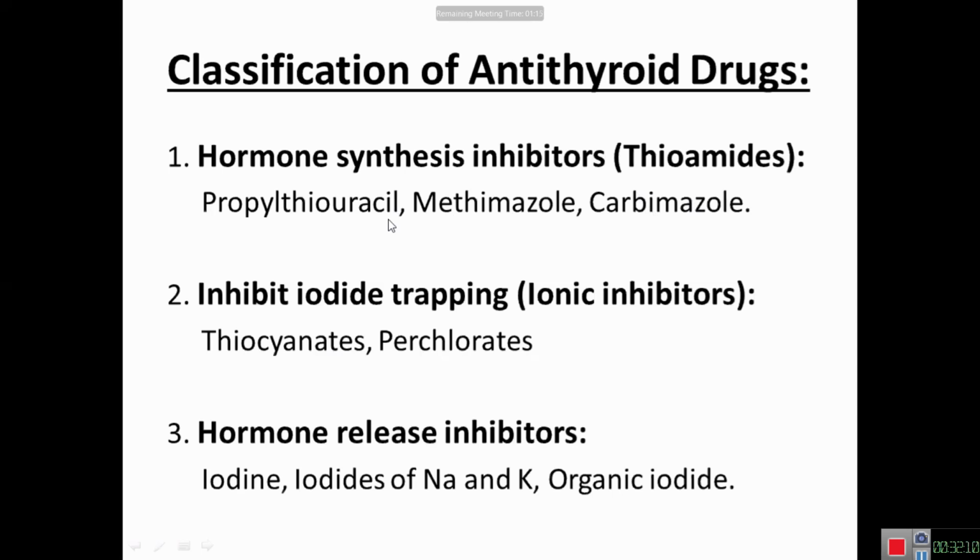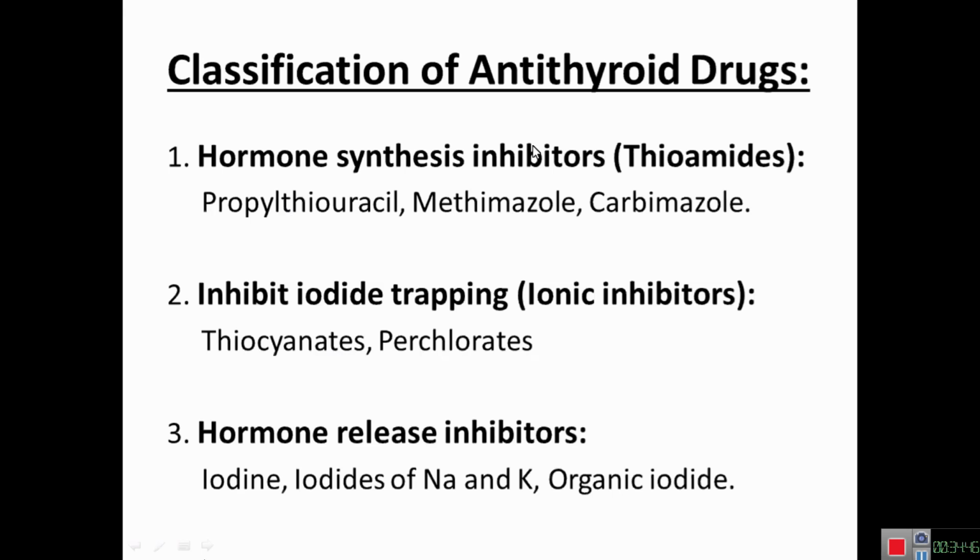Okay, roll number 70. Yes, sir. Okay, why is propyl thiouracil the drug of choice for hyperthyroidism during pregnancy? Because it does not cross the placental barrier and has high plasma protein binding property. Plasma protein binding, yes sir. Very good. Okay, thank you.